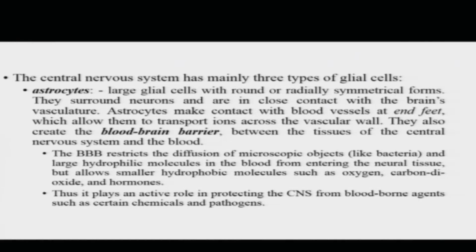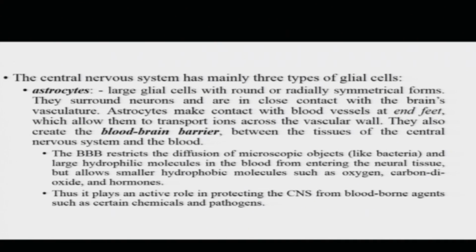And there are mainly three types of glial cells we can talk about. First are the astrocytes. These are large glial cells with a round or radially symmetrical form. They typically surround the neurons and are in close contact with the brain's vasculature. These astrocytes make contact with the blood vessels at their end feet, special structures which allow them to transport ions across the vascular wall. On top of that, these astrocytes also form what is called the blood